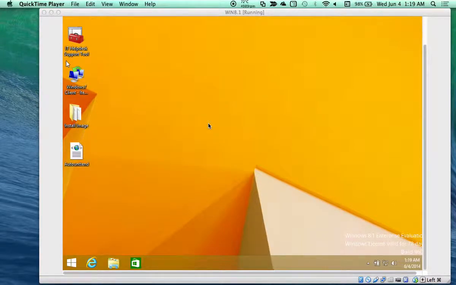This is my VirtualBox running Windows 8.1. Now, what I want to do in this exercise is show you how to view a Windows installed image, based on Exercise 2 of Lab 2. You will notice in my practicals, because we're not using the Microsoft virtual machines to do the practice,